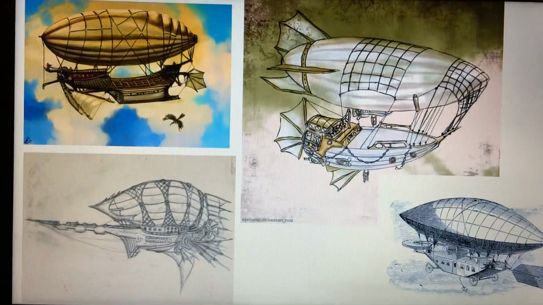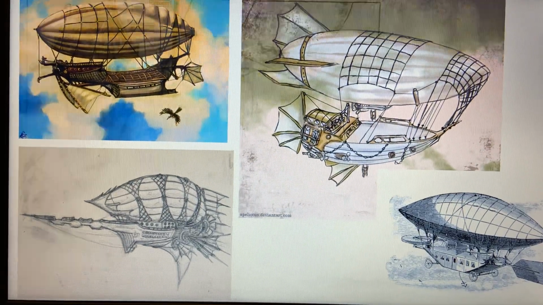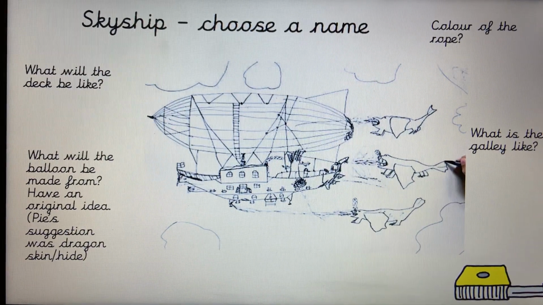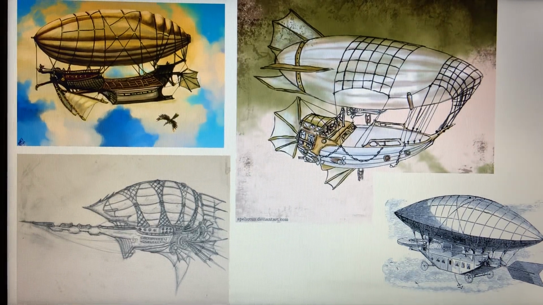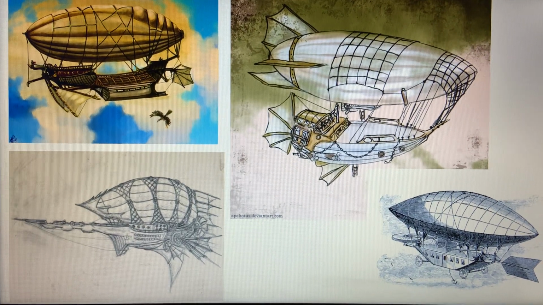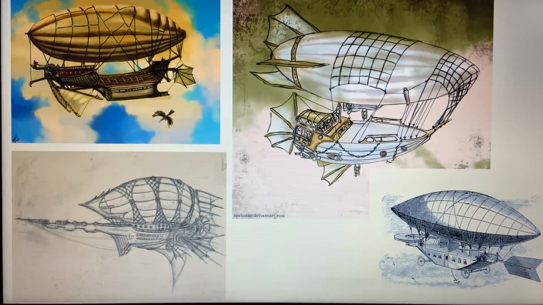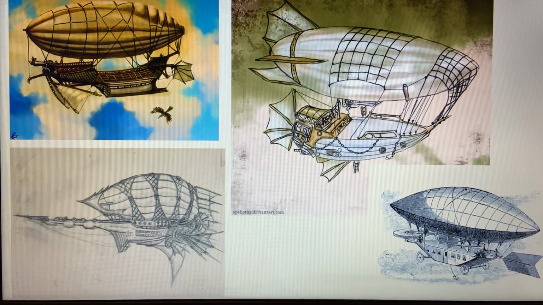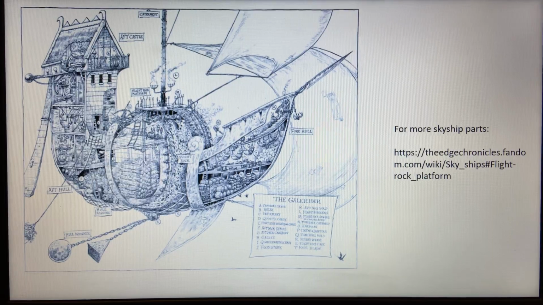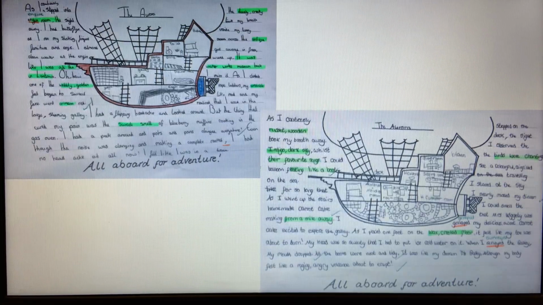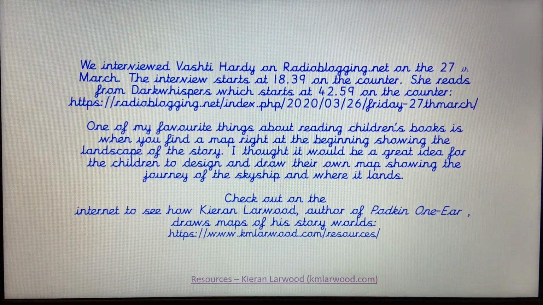You need to be designing and coming up with and creating your skyship. And it's really important that you have your name and all the individual parts so that when you write your story, you can really talk about where the different events are happening across the skyship. So we've got lots of different examples, and you can pause on the one that you want to mimic. Okay, so